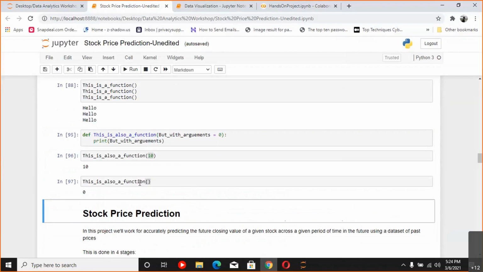So this was all about Python introduction, and I hope you all are still with me, because now we are going to start the actual hands-on project where you will also be working on your Colab with us. So should we begin with the stock price prediction now?